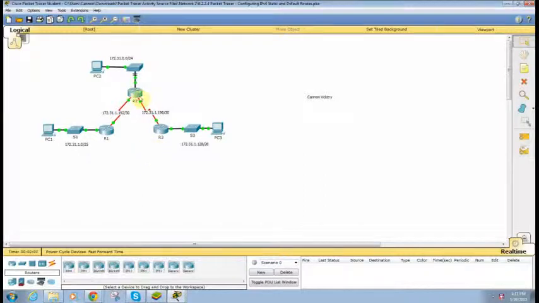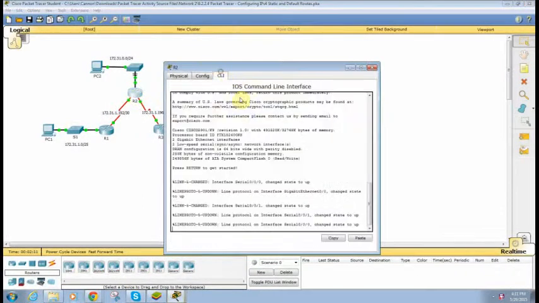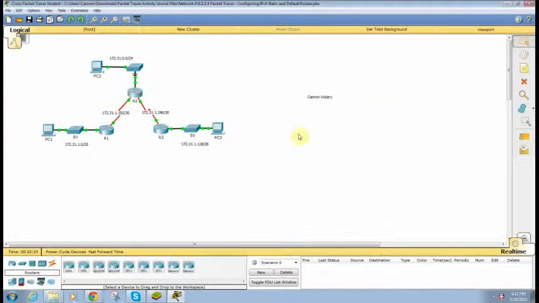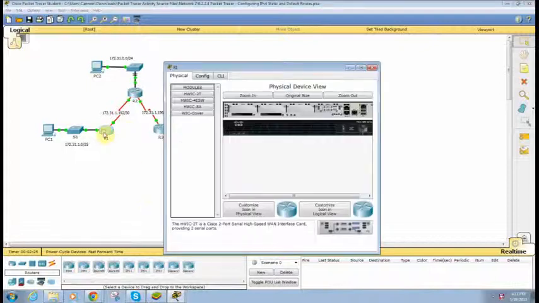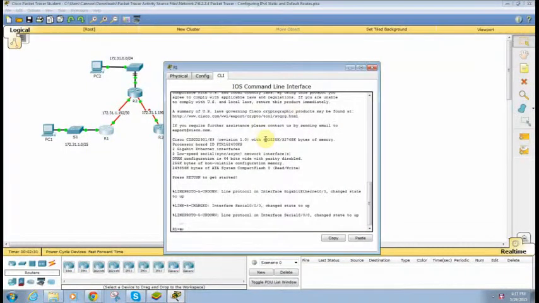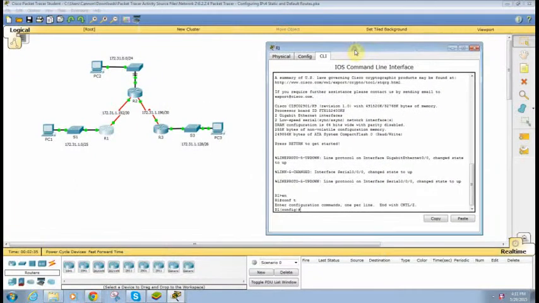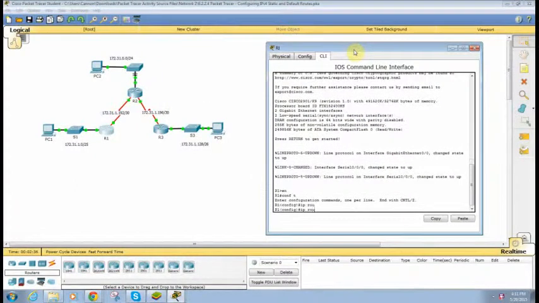So what we're going to do is get into some CLI stuff. We're going to configure a recursive static route to every network not directly connected to R1, including the WAN link between R2 and R3. So we're going to, I went to the wrong one. We're going to go to R1. I said the wrong router. Go to R1, go to the CLI, enable, configure terminal, and our commands are ip route,